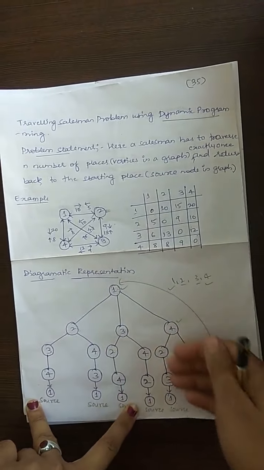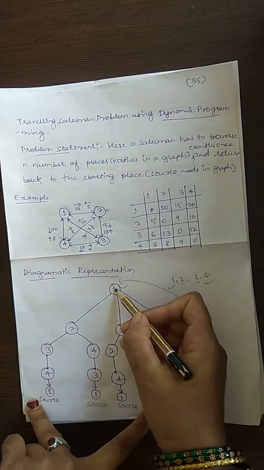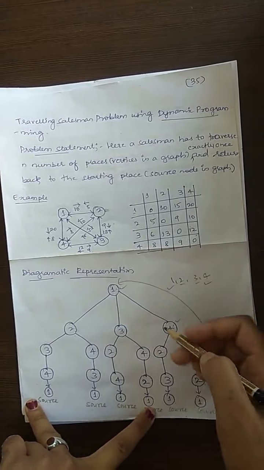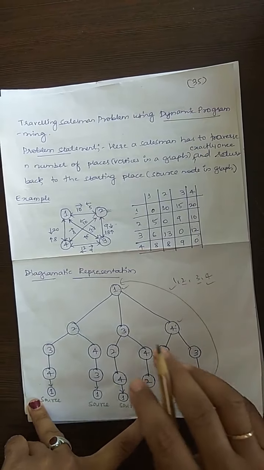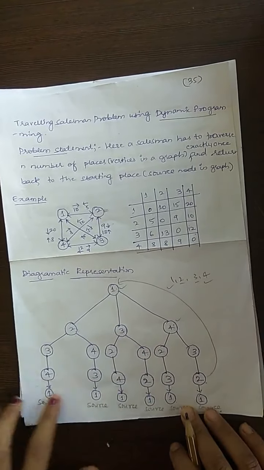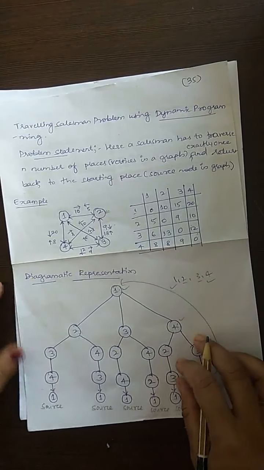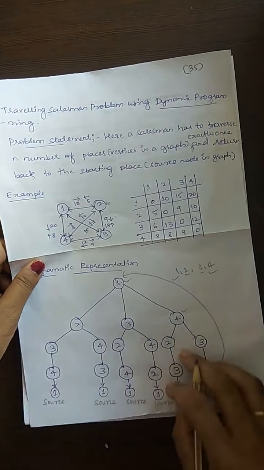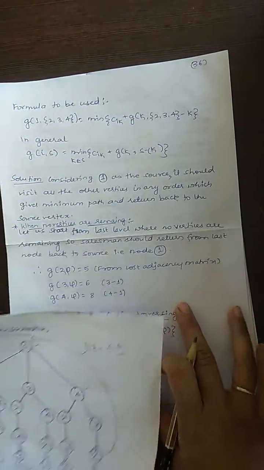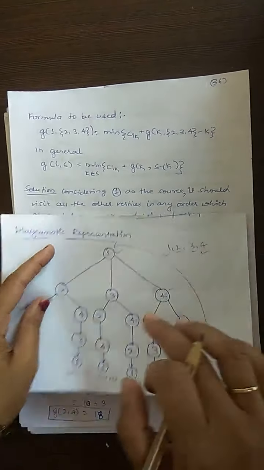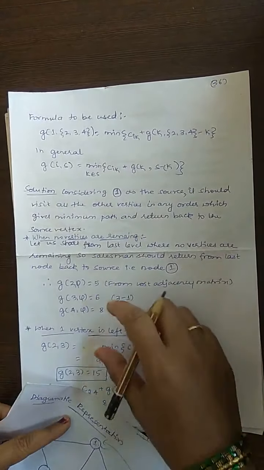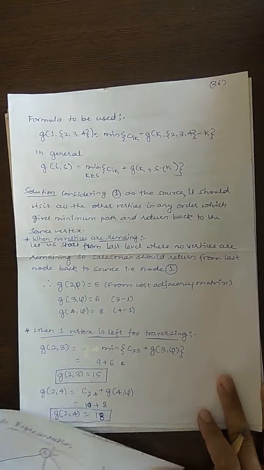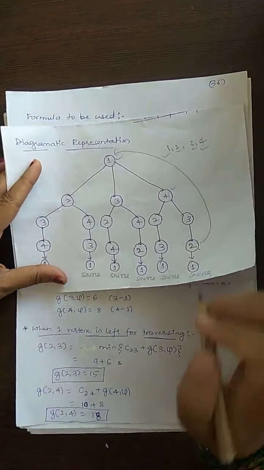Here we have to make a series of decisions: whether to go to 2, 3 or 4. I am doing this using decision making, which is a quality of dynamic programming. Now one by one we will see how we can solve this problem. This graph is very important, and using this you can solve the problem. Here is the formula which is to be used. Let us first solve 2 to 3 small subproblems, then I will come back to the main formula. What we have to do is start solving from the bottom.